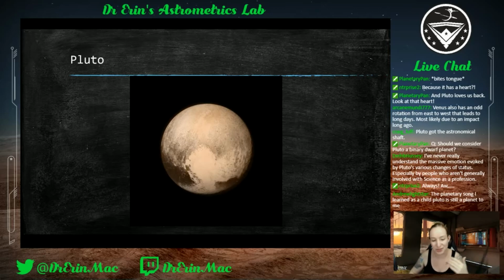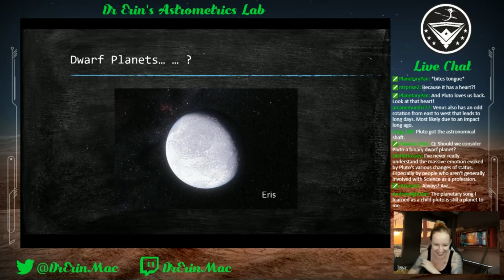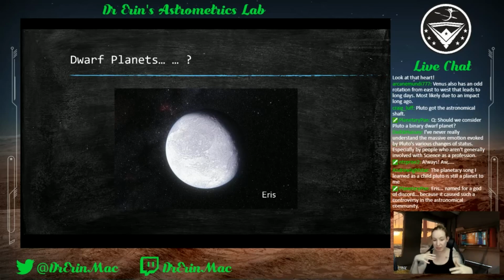Yeah, there's a lot of emotion around it, but essentially what happened, we discovered Eris. So Pluto was discovered a long time ago. Not in a galaxy far away. And the reason that we were able to discover it before any of the other ones is because it has a lot of ice on the surface. So it's highly reflective. Because of that, it reflected sunlight more than any other objects in the Kuiper Belt, which made us able to detect it. Since then, our telescopes have improved, and we started to see a lot of other objects.